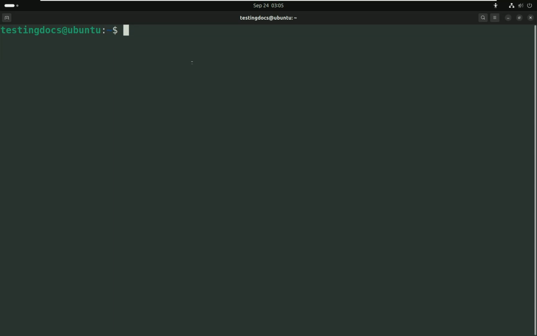Hi there. In this tutorial, you'll learn how to install Git on Ubuntu Linux. Git is a distributed version control system that allows multiple people to work on the same project, and it allows to track changes during development. And to install Git on Ubuntu,